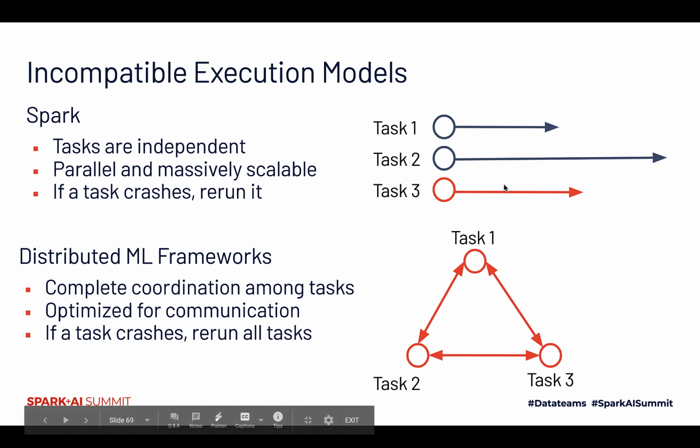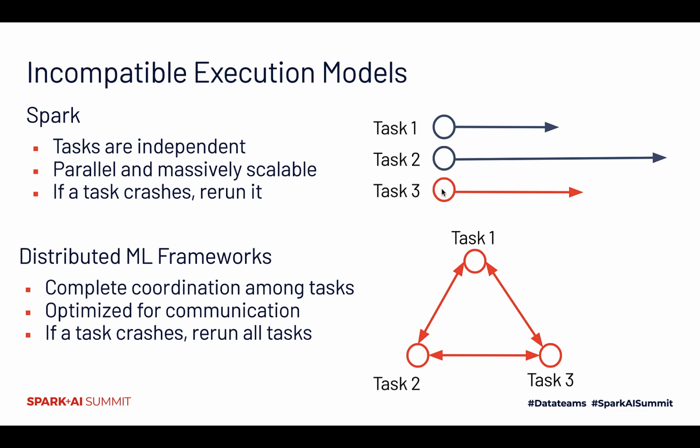What do I mean? Well, in Spark, when a stage runs, each task executes independently. The idea is to get massive parallelism and fault tolerance. If one of the tasks fails, we simply reschedule that task on another executor. And this execution model has worked great for Spark, but it wasn't compatible with how a framework, for example, TensorFlow